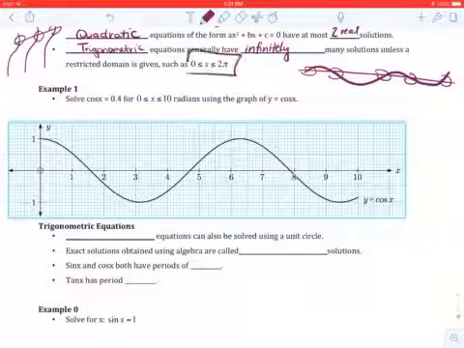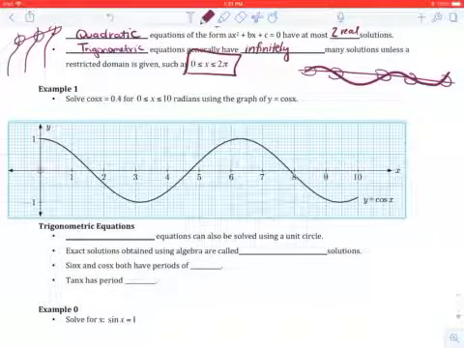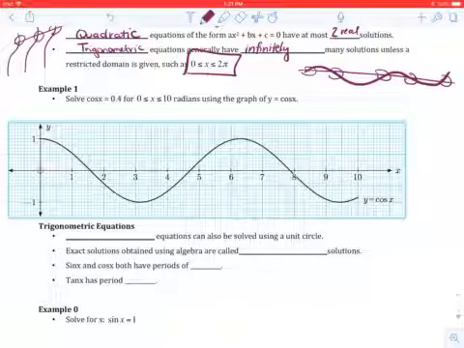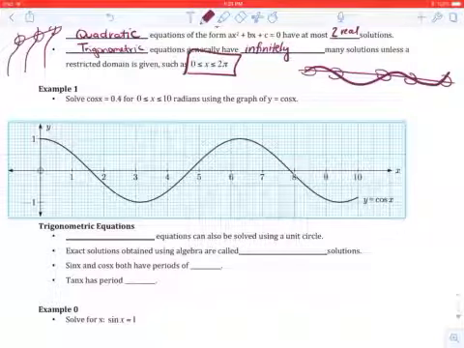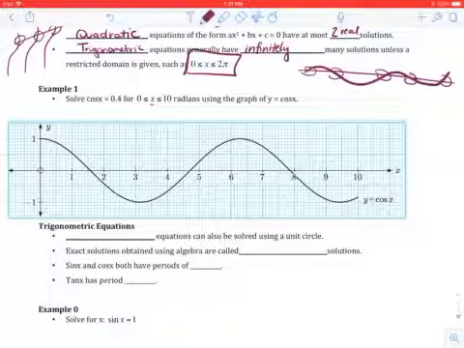So typically we restrict our domain, right? There's my most common. That would just be, of course, once around the circle. We can solve these in a variety of ways. We're going to look here today at pre-prepared graphs. Next week we'll look at some technology defined, and then algebraically is the other piece. So solve where cosine of x equals 0.4, where x is between 0 and 10 radians